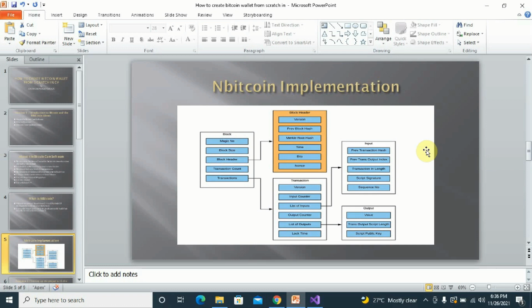Well, you don't really need to understand these to be able to build the one that you want to build today, but this is just the core implementation of the Bitcoin blockchain. And these are basically what it contains. And the output, we have the value, transaction output, script length, and script public key. So if you want to go deep into understanding the core implementation of Bitcoin, you can actually go to the GitHub page, read about it, and do some research about the core implementation of Bitcoin to learn what